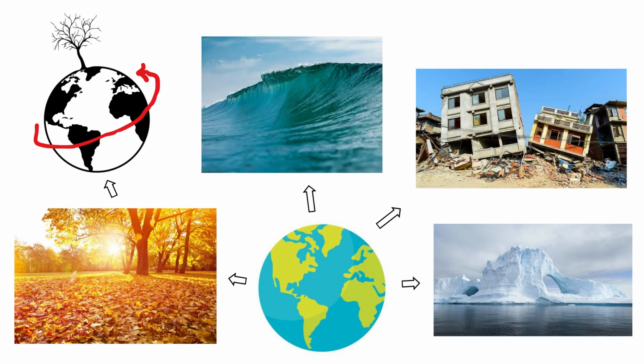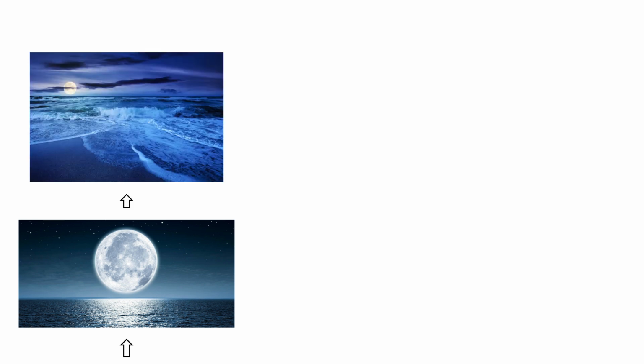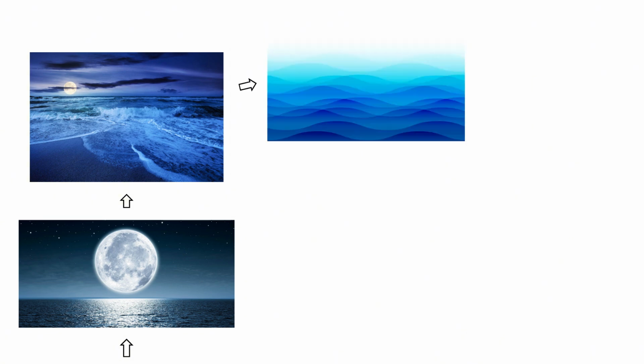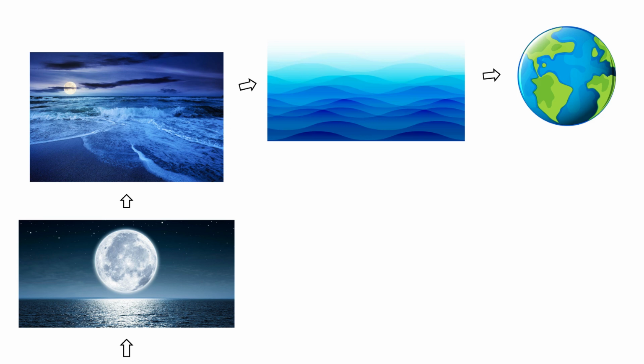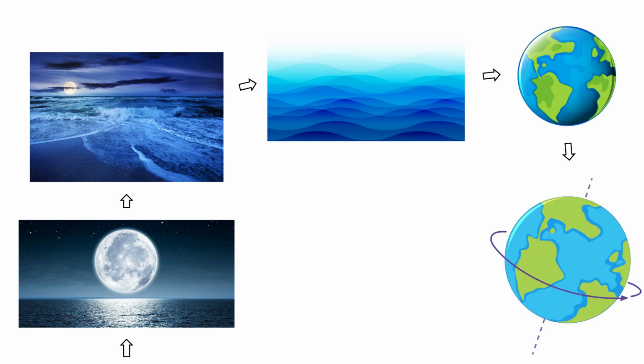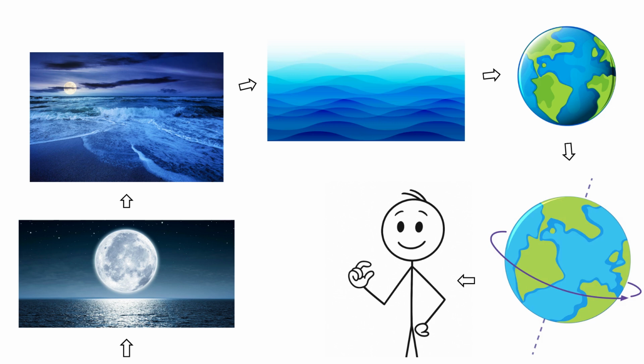Another example comes from the tides. The moon exerts a gravitational force on the oceans, causing huge masses of water to shift periodically. This movement not only changes sea levels but also redistributes mass on a global scale, subtly affecting the planet's rotation. It is a tiny effect compared to a spin on ice, but enough to be detected by extremely precise scientific